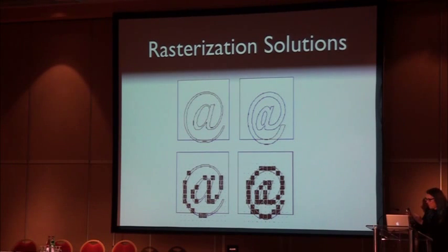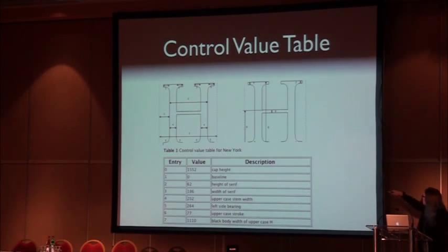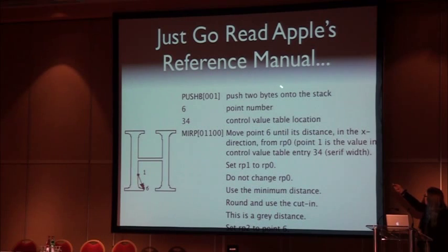The thing is that making things fatter is literally something you have to write a program to do. The information on how to make things fatter and thinner as the point size changes is known as the control value table, and it looks kind of like this, and it looks like this stuff too. Actually, if you really want to know, you can go to Google and type in TrueType font spec, and Apple, Microsoft, and Adobe all have huge sections of their websites that go into immense detail on all of this stuff.